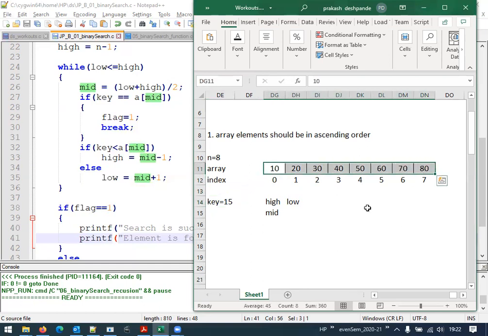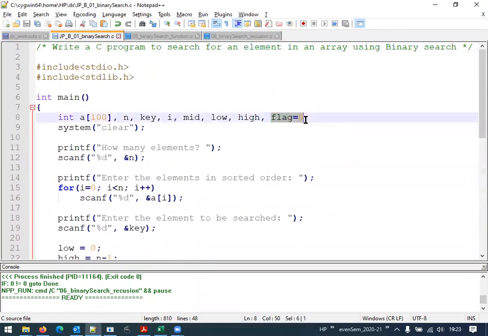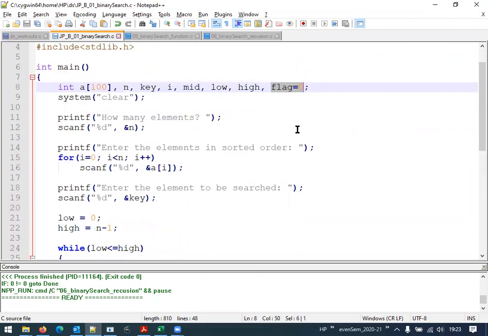That's why the while condition has turned false. And in this example, students, the flag equal to 1 never gets updated. And my assumption at the beginning, that flag equal to 0, that the key element is not present, still holds good.